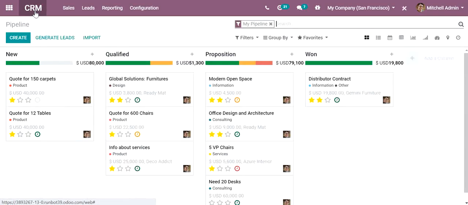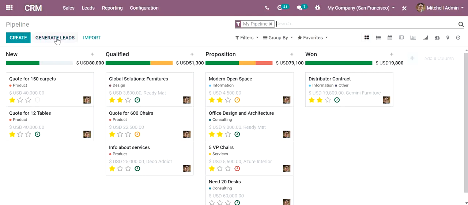So now the process is to generate leads. We have configured the lead mining feature. Now we need to generate leads. Lead generation is a process by which a company acquires leads and collects potential data about customers in order to enable a relationship with them and turn them into customers. So that is all about lead generation.